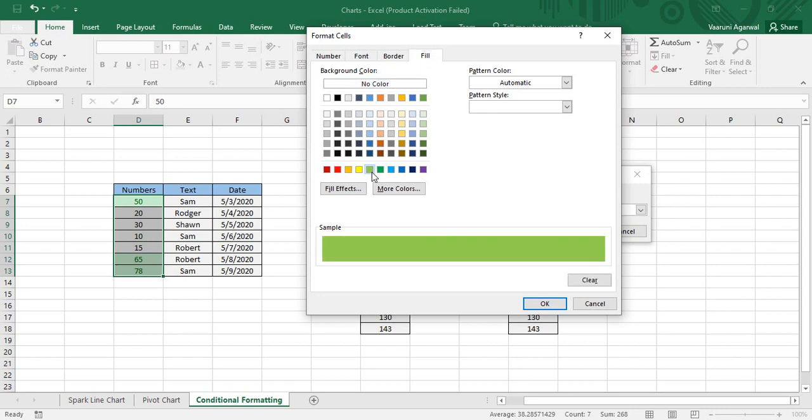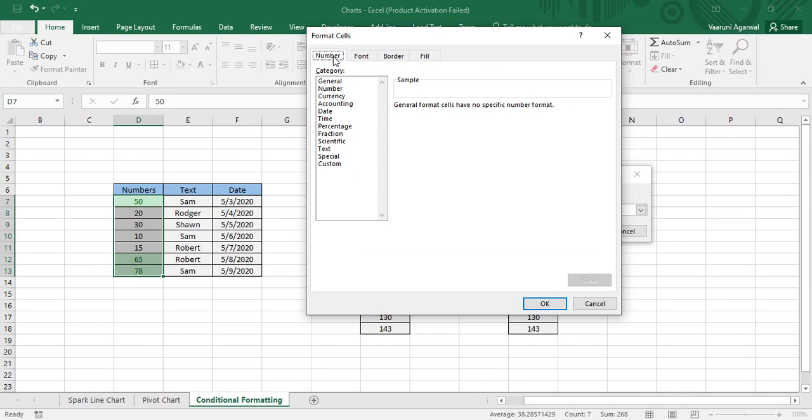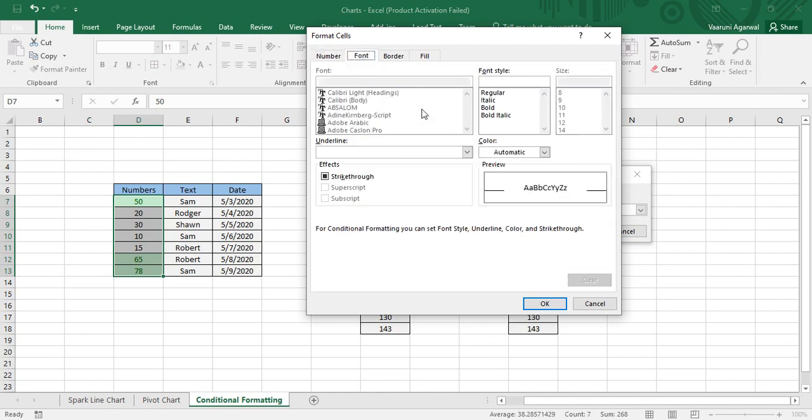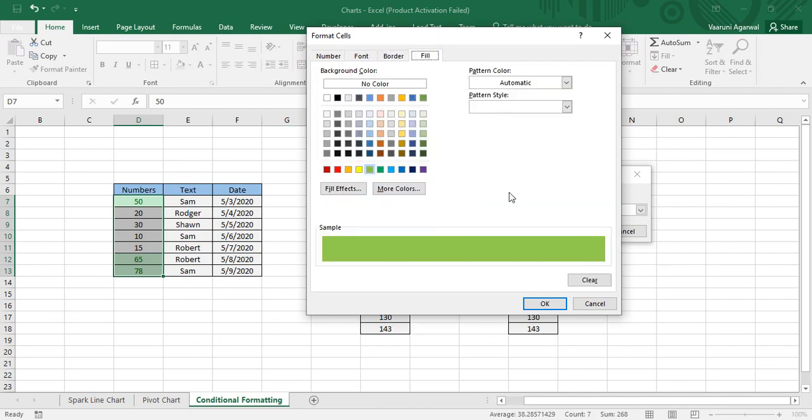Suppose I want a green colored fill, and you would be shown a sample. Then you can choose the type of the data that you want to show. Since this is numbers data, I'm going with number. Here you can select up to which decimal places you want your data to be formatted. So I want 1 decimal place. You can choose a font for yourself. You can choose a style, like I want my data to be bold. I do not want it to be strikethrough. I want it to be bold, and I want no border, and fill,